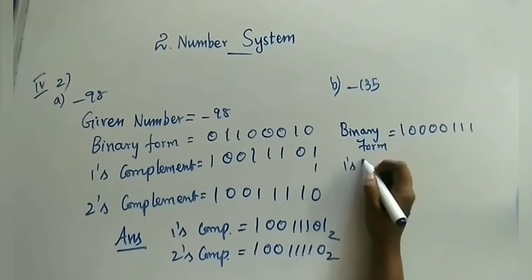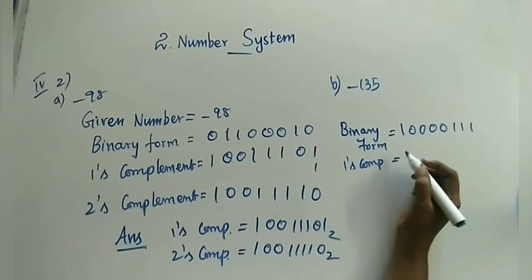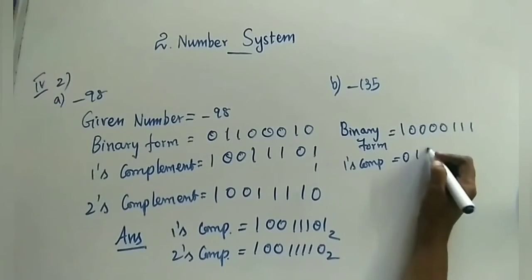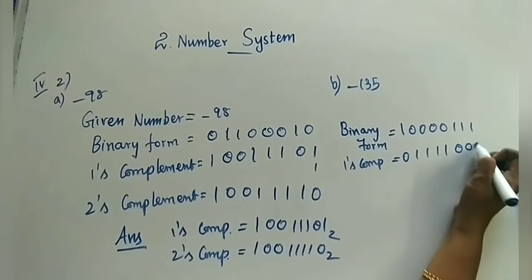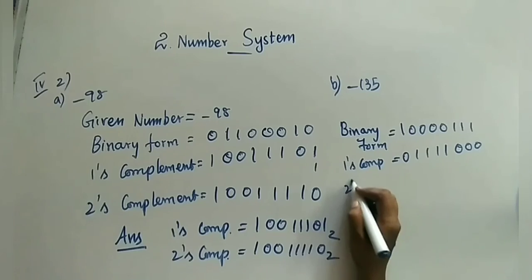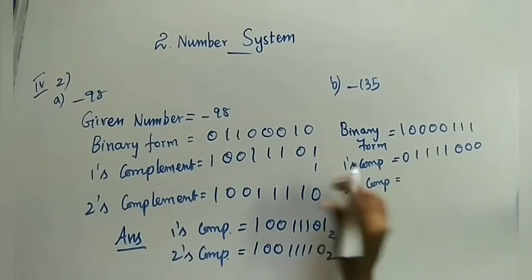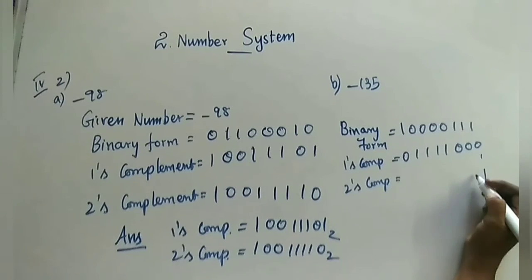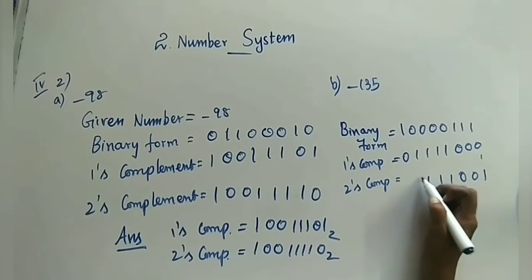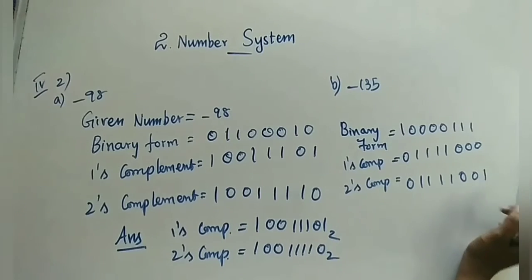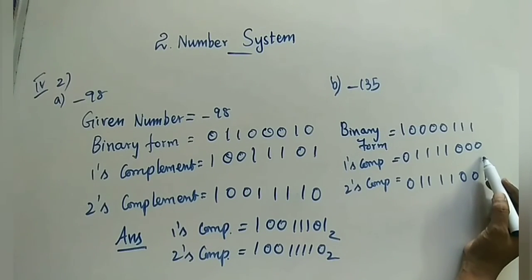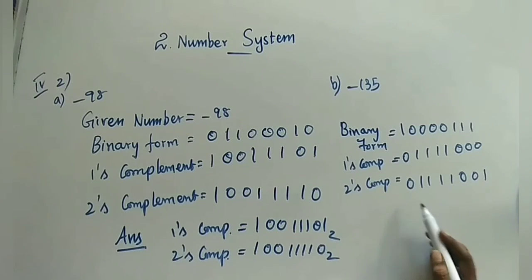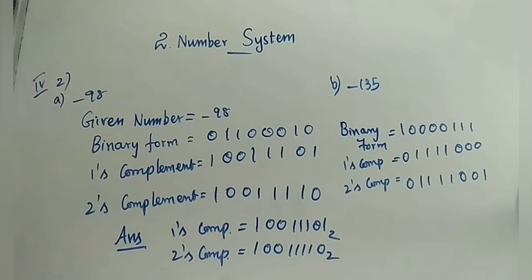Next, you are going for the ones complement. Don't forget, it is a negative number. Okay? Next, you are going to have the twos complement. What do you have to do? Yes, you have to add 1 here. 1, 0, 0. So, clear? Just for your understanding, I am putting here 1 and later I am rubbing it off. Yes, this is the answer you will be getting for minus 135. So, clear with this one. That is your part 4, second problem, minus 98, and minus 135. Clear? Yes, next we are going to do the next one.